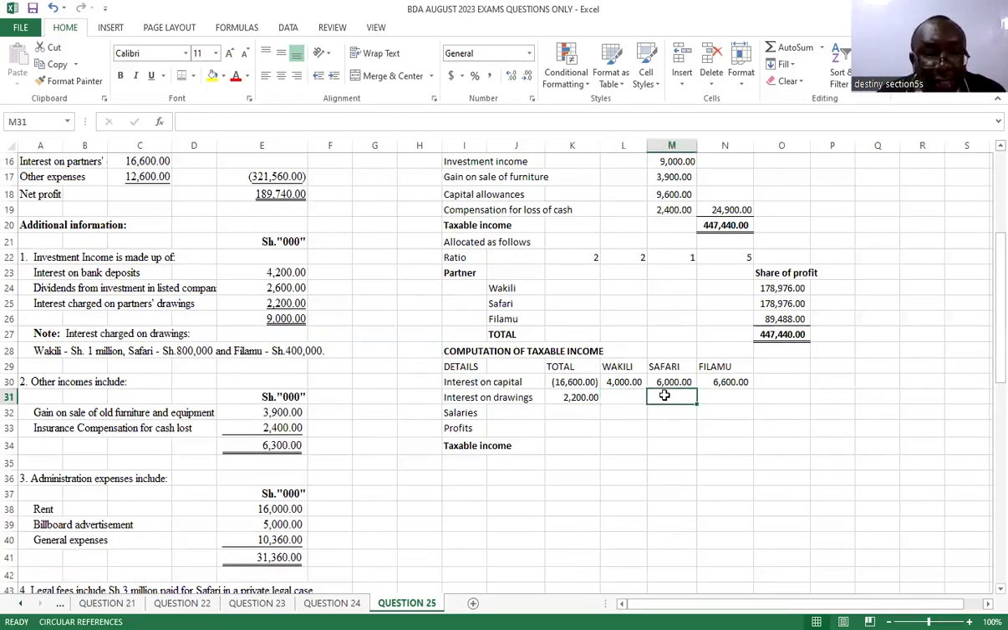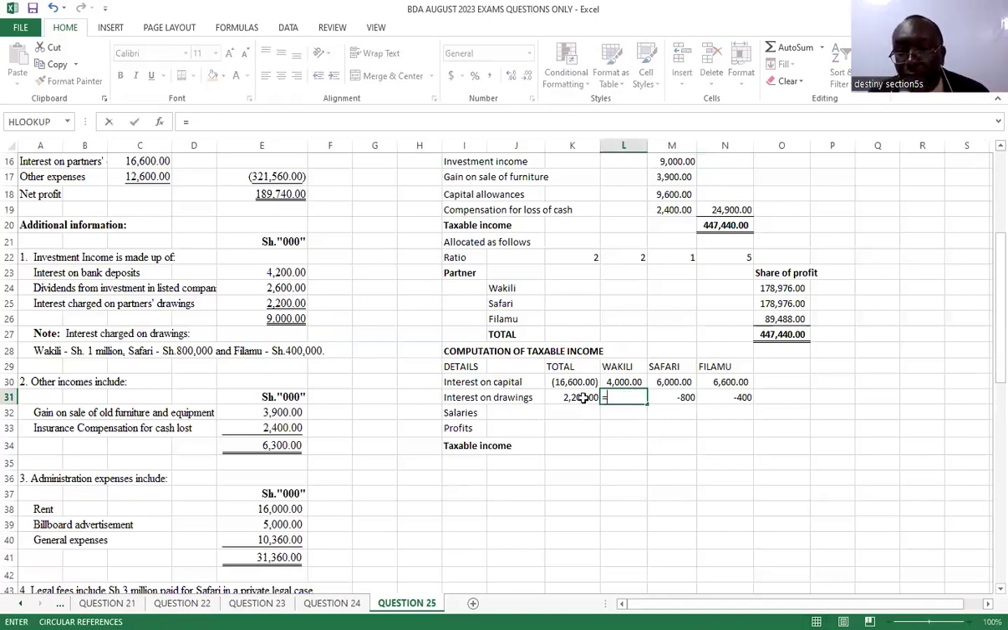Let me start with Safari. Safari must have gotten 800, and this other guy got 400. So how do I get this one? It should be equal to this plus this. Sorry. I was saying this one should be equal to this plus this plus